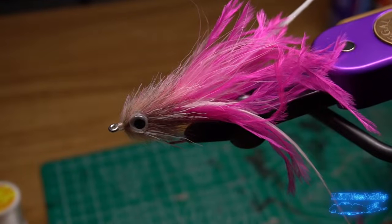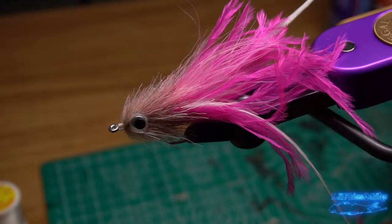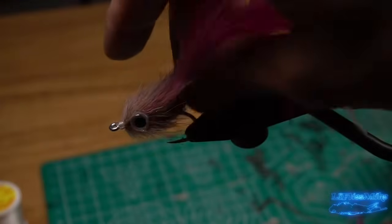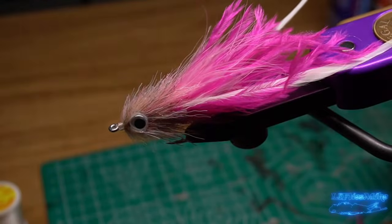Let's be honest, you don't need rocket science to tie just a basic streamer for stripers. It's more about how it swims and stuff. But one of the main things that I love about this is